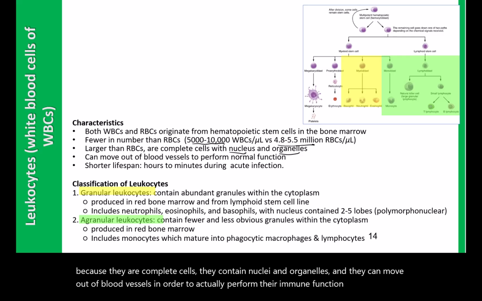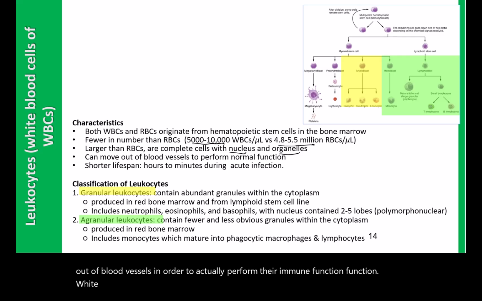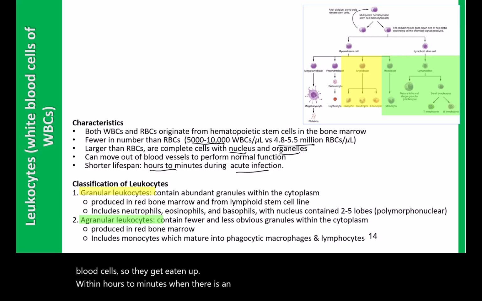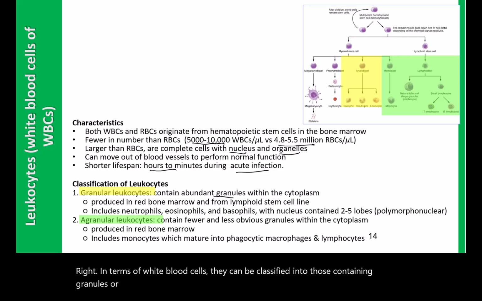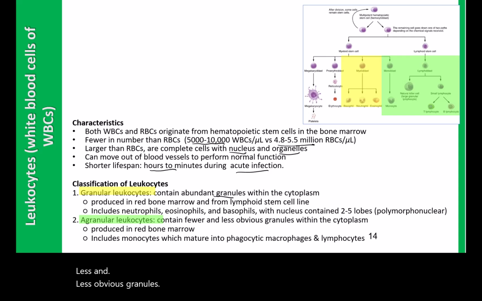function. White blood cells don't last for 120 days. Their lifespan is much shorter than that of red blood cells, so they get eaten up within hours to minutes when there is an infection, right? In terms of white blood cells, they can be classified into those containing granules, so they're called granular leukocytes, and those containing less and less obvious granules, right? And so they're called agranular